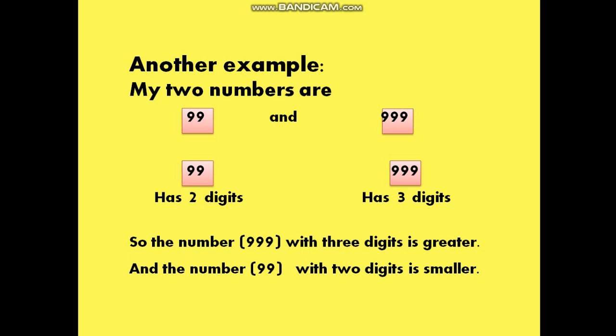You can recall this concept. You have done this in class 2 also, where you used to compare two numbers. But those numbers were only up to two digits. As you are growing up, you will be learning comparison with bigger numbers now, and we are doing three-digit numbers. So that is why we are learning this concept again.